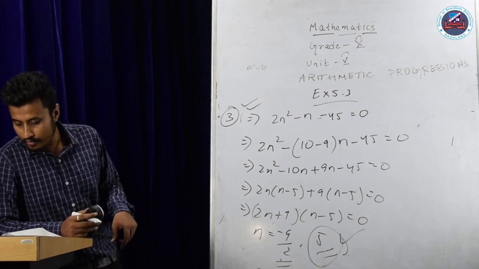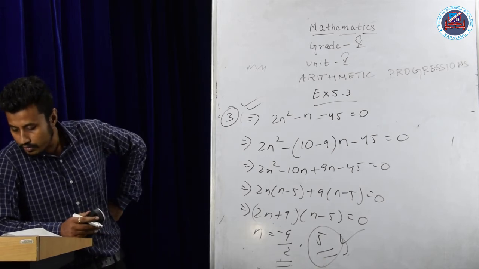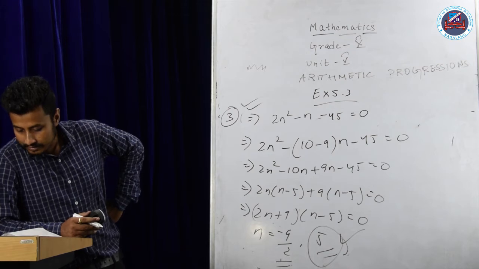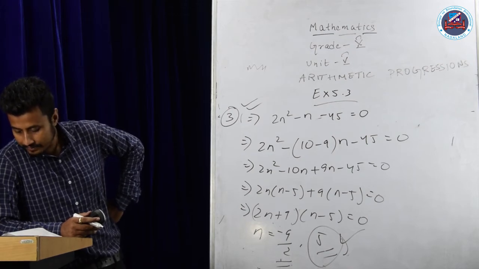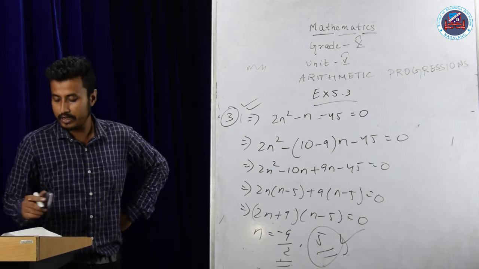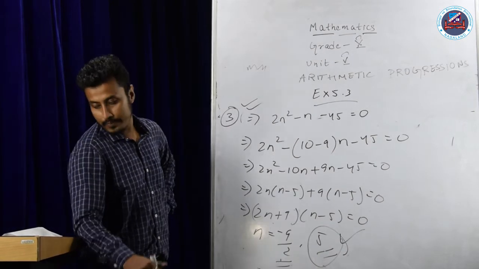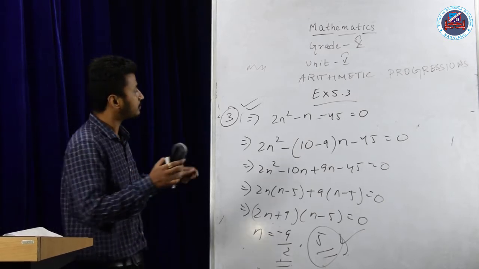Let's jump to question number 4. Question number 4, question number 5, 6, 7, 8, 9, 10. No need to do question number 11. Question number 15, 16, 17, 18. Omit these questions, okay? Question number 11, 15, 16, 17, 18. No need to do this in your copy also. Just omit those questions.